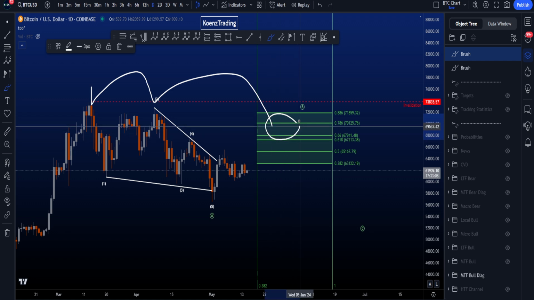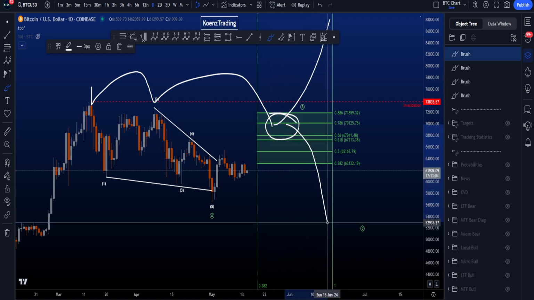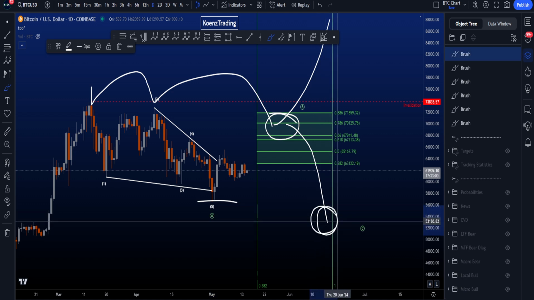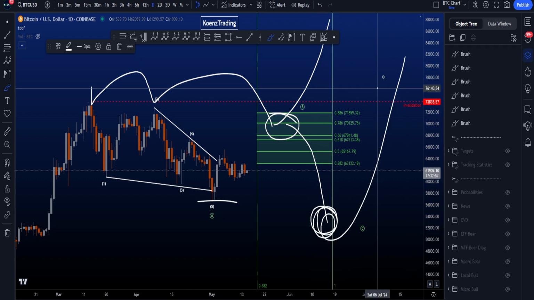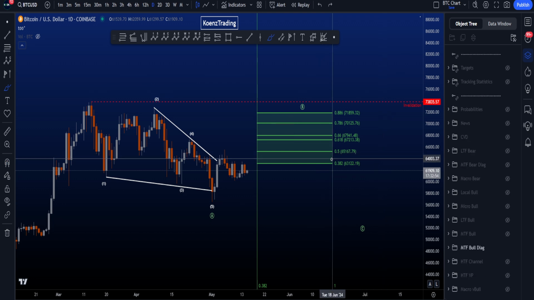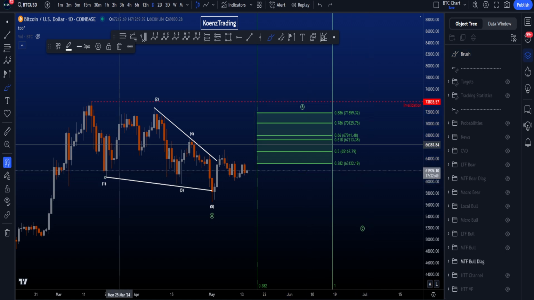You're going to fake out the people that are greedy, FOMOing, looking for higher. You're going to move to the downside. Taking out this low will definitely install some fear and panic over here at the bottom, after which we can move towards the upside. Common target area for your wave B is the 0.382 to the 0.886 Fibonacci, taken from